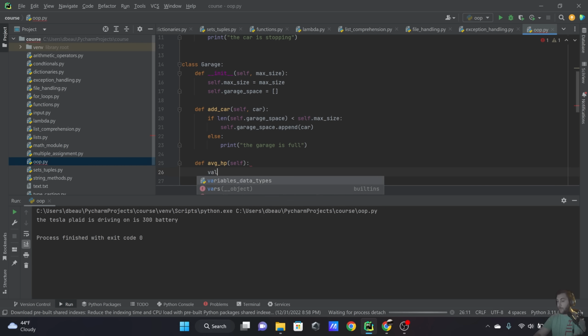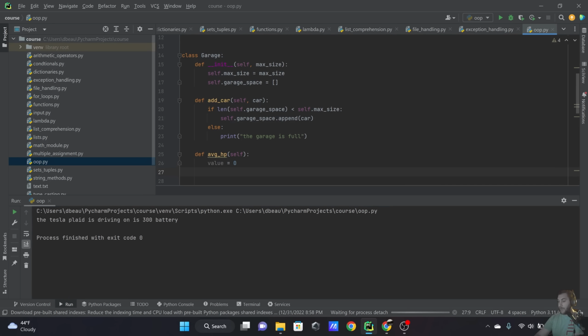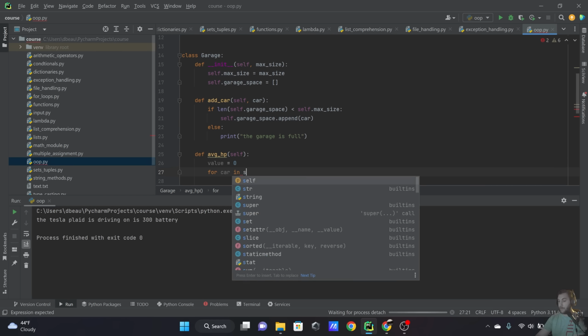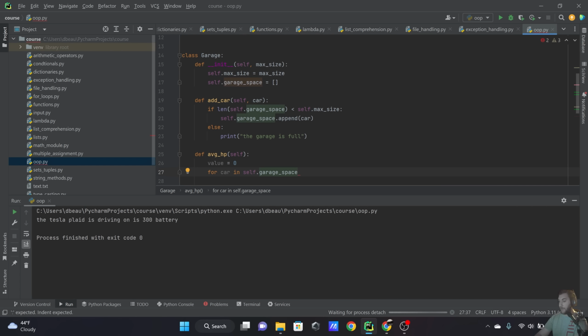So we're going to start with a value. We're going to set that equal to 0. And then we're going to iterate through our garage space. It's a list, right? It represents the space, and there's cars inside of that list. So I would say for car in self.garage space,